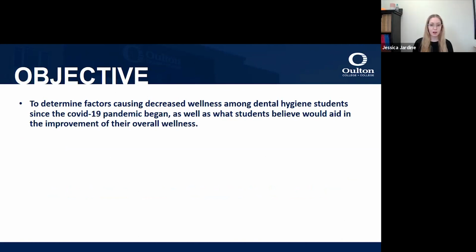So the objective of our research was that we wanted to determine what exactly was the biggest cause of decrease in wellness for students during the COVID-19 pandemic. We noticed from the research that we read that a lot of studies just focused on one element to see if it was affected, but our goal was to look at all of the different factors and compare them to see which ones have the greatest effect on student wellness overall.